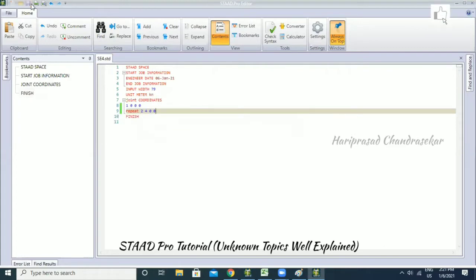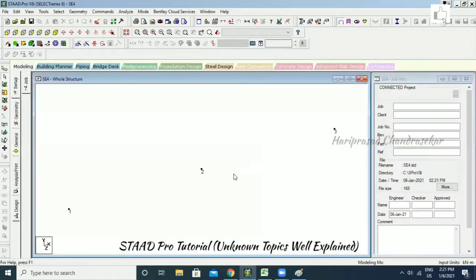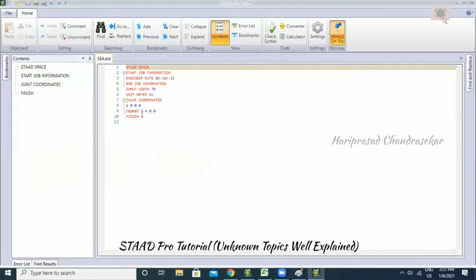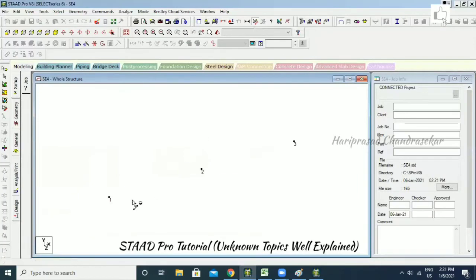So this is the number, and in X, how much the distance. And I'm going to save and then close. Now we will be having 4 nodes. Okay, we will be having 3 nodes because we gave only 2, I think. See, I gave only 2, so that's why it is repeating only 2. So 2 nodes at a distance of 4. You can go for nodal distance, node to node distance. Just select the node and then select the node. And this is 4 and this is 4. So we have created 2 nodes at a distance of 4 in X. Can you see that in our drawing?